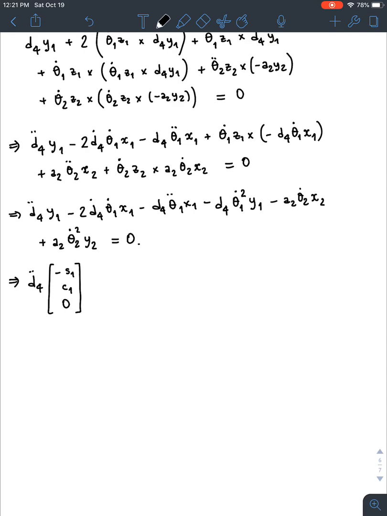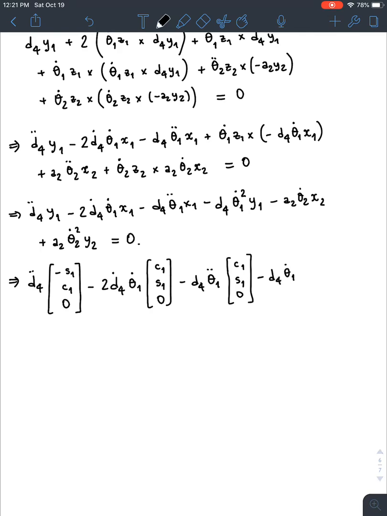When I say sine 1, that means sine theta 1. Cosine 1 means cosine theta 1, of course. So minus 2 times d4 dot theta 1 dot x1 in the zeroth frame looks like cosine of theta 1, sine of theta 1, and 0, minus d4 theta 1 double dot, again x1, cosine 1, sine 1, 0, minus d4 theta 1 dot squared, and y1, which is negative s1, c1, 0,